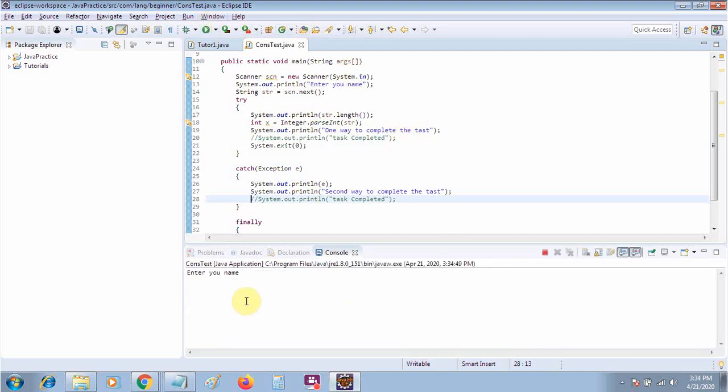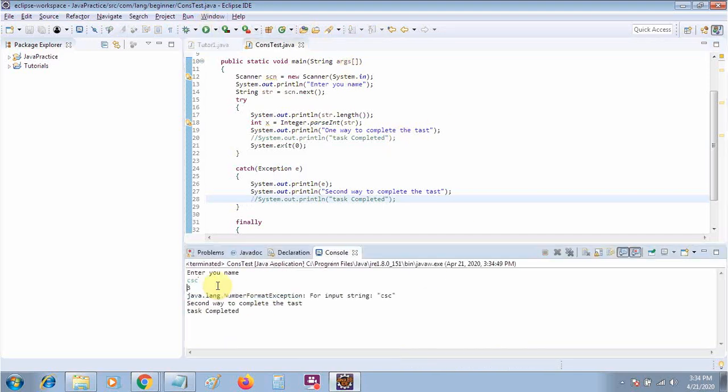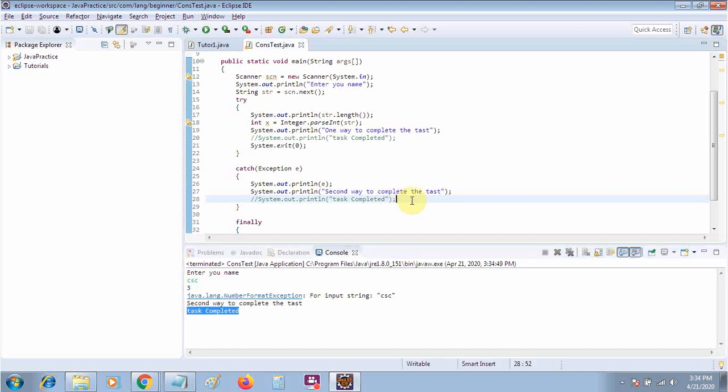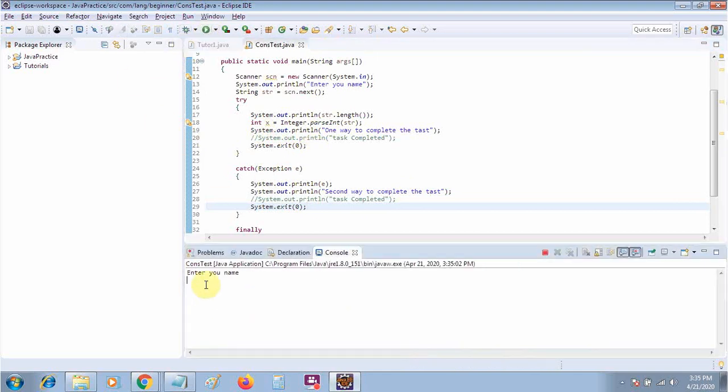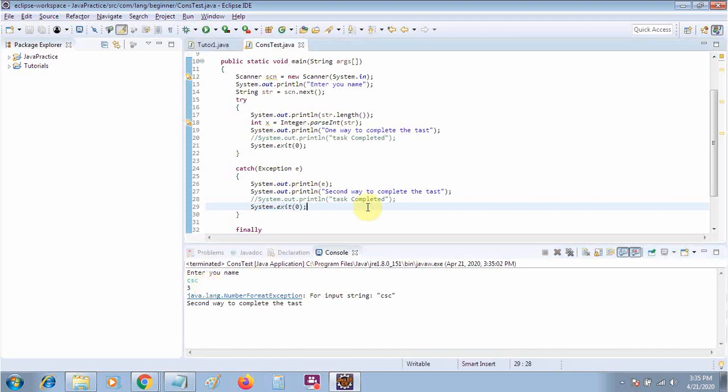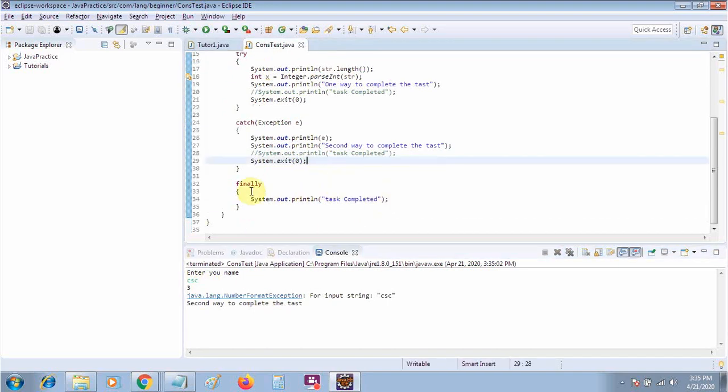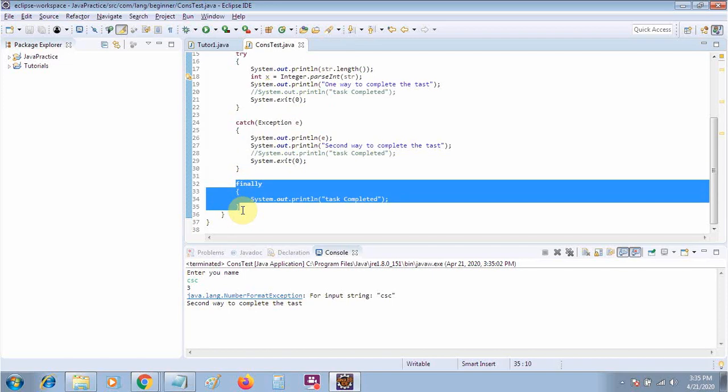So this is a very good interview question. You can see that it's still getting executed. Always remember, when you are using the System.exit method, use it inside both try and catch. If I run this, the exception will appear, but your finally will not be executed. So you have seen that after using the System.exit method, your finally block will not be executed.